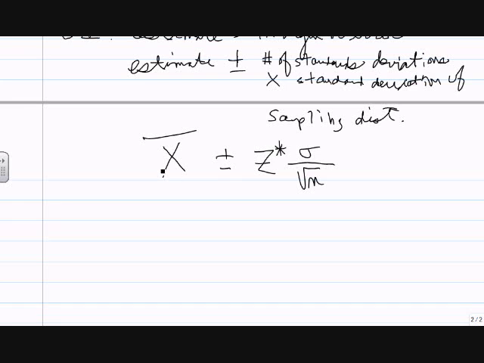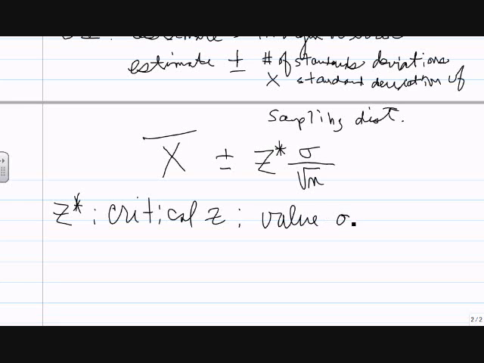All right, first, you know what the sample mean is. You know almost everything in here except this Z star. So this Z with the asterisk is called your critical Z, and it is defined as the value on the horizontal axis of your standard normal distribution